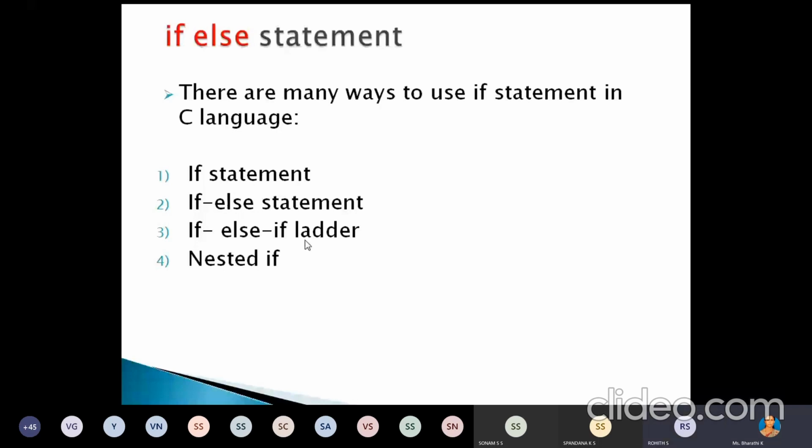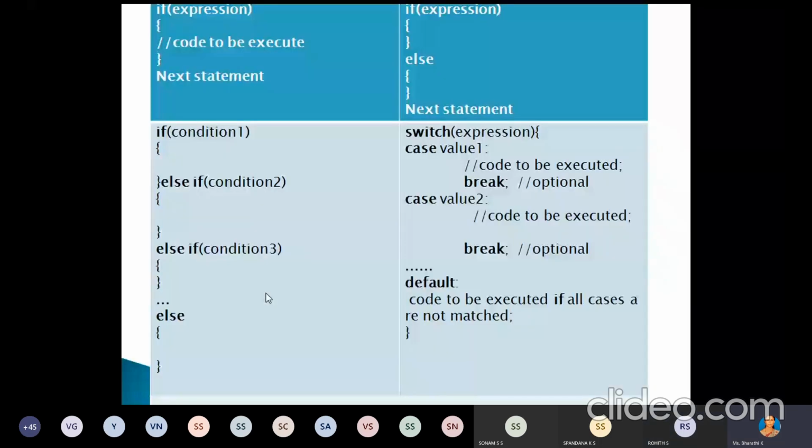This slide is visible, right? Yes, ma'am. First block: here we are using only the if statement. Inside the brackets you write the condition, or the expression, like if A greater than B. You can use relational operators or logical operators to write the expression.